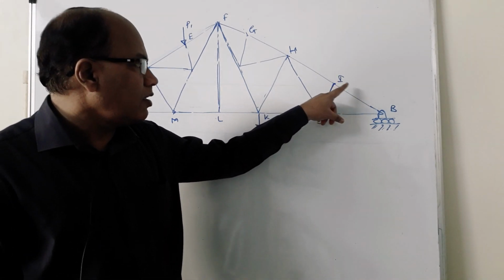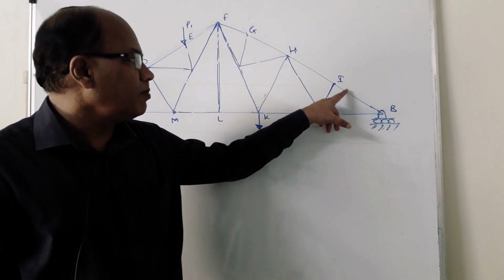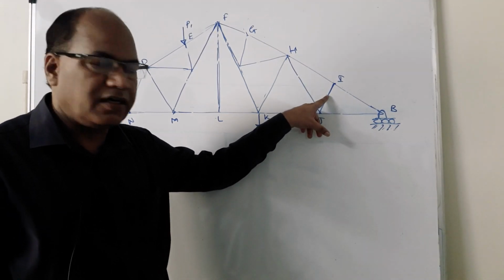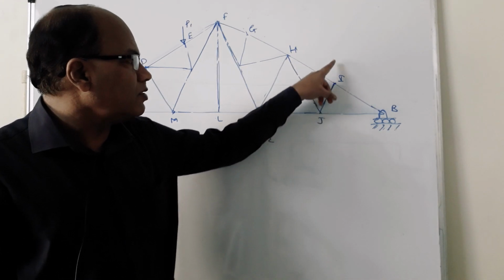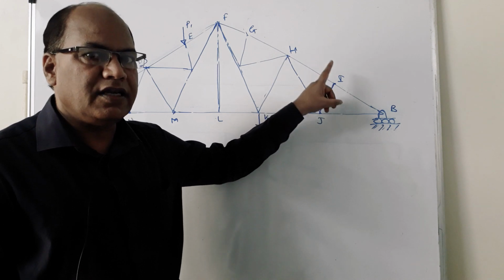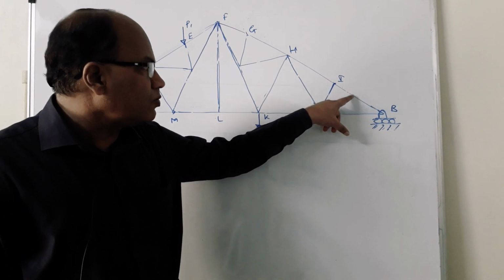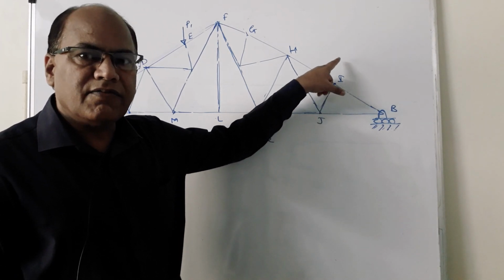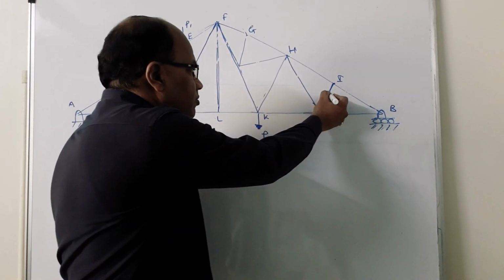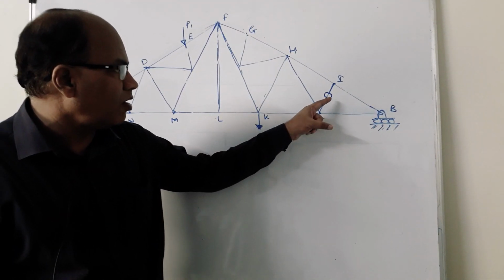At this joint I, there are three members which are meeting. Out of these three members, two members are collinear, whereas the third member is non-collinear. And again, there is no external load or reaction at this joint I. So the second thumb rule can be easily applied. There are three members meeting at a joint, out of which two are collinear. There is no external force or reaction at this joint. It means the third member must be a zero force member. So this member is a zero force member. So the first zero force member has been detected.